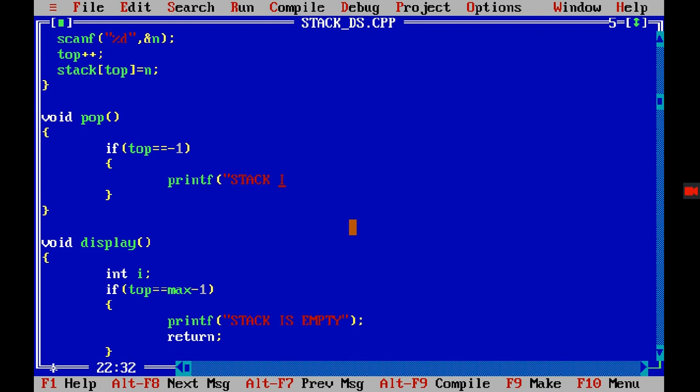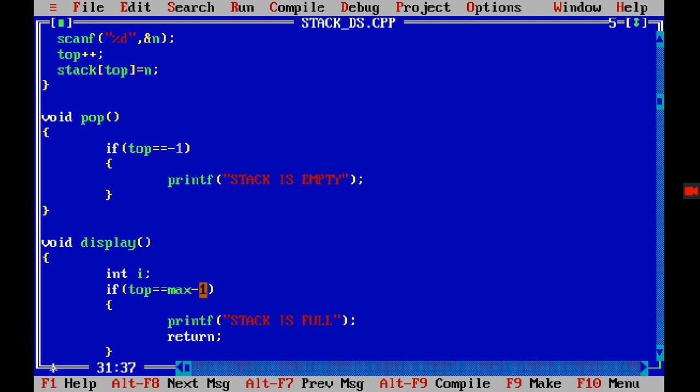stack is empty. And now I have found one more mistake of mine. Here it should not be stack is empty, here it is stack is full, right? If top is equal to max -1, then my stack is full. And if top is equal to -1, then the stack is empty. So here we need to check again: if my stack is full, then there is no need in display.